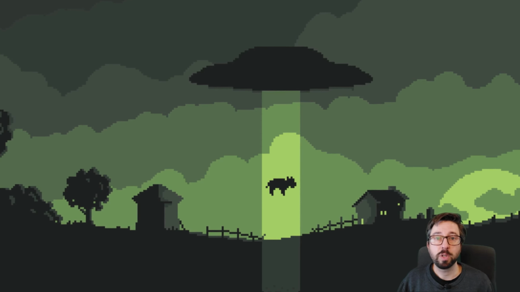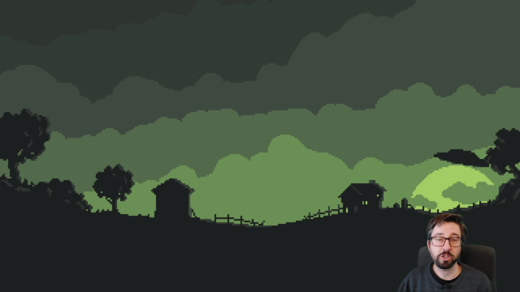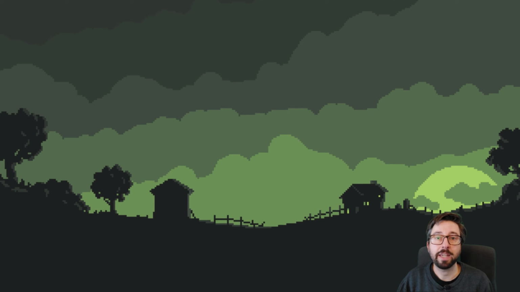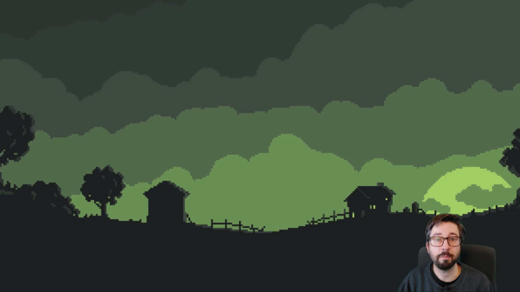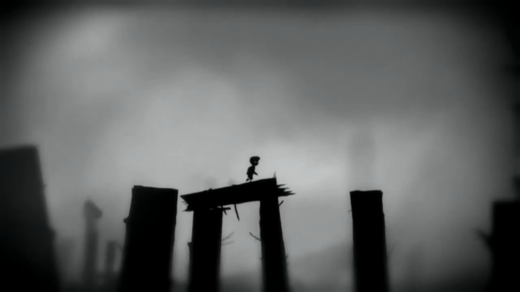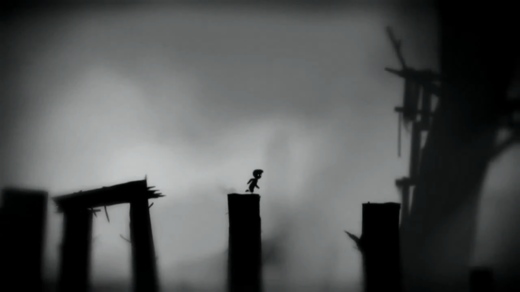What I'm referring to is, for example, a scene like this, which you can use in your game as a cutscene or an opening scene. But depending on the type of game you're making, it can also be the in-game graphics that you see as a player all the time. Think of games like Limbo that have used this kind of silhouette style in the past.